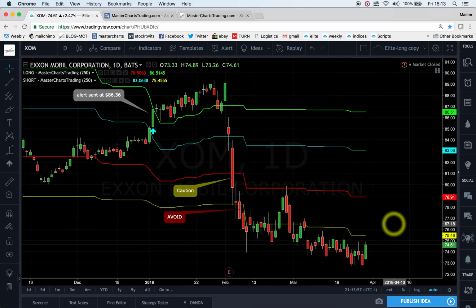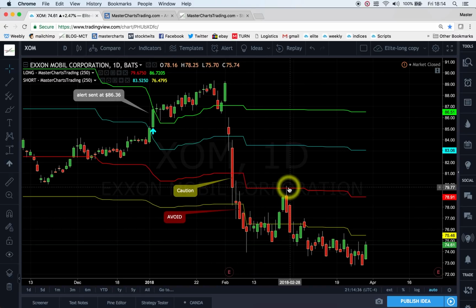Here's, for example, XOM, the biggest oil company in the world, if I'm not mistaken, in a bear market. Notice here we had what I thought was a genuine breakout on the 3rd of January of 2018, it went in our favor and then just completely unraveled with a close below this yellow line. This is the behavior of a bearish security that I'm referring to. You can see we had a trend change when we had a close below the support line. Basically, we made a new low,